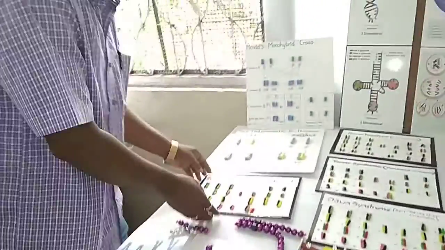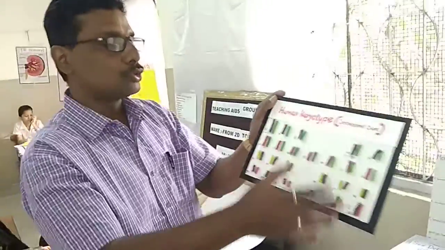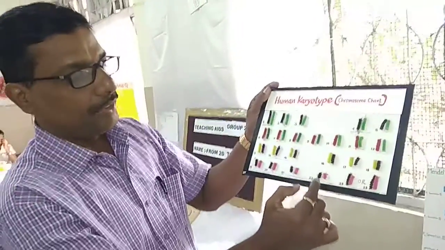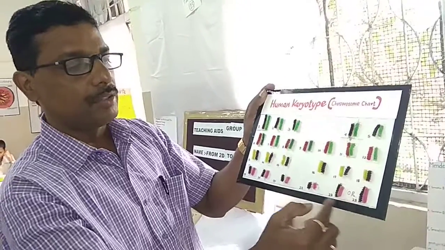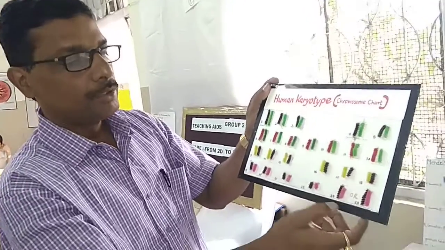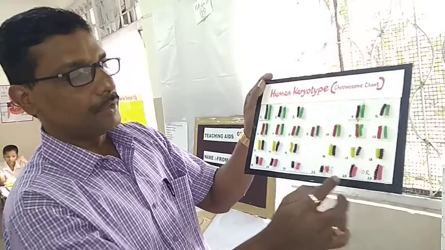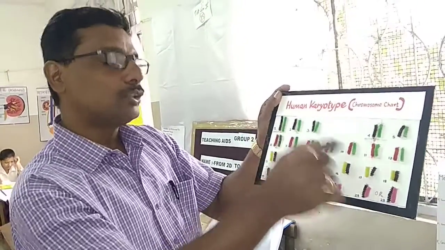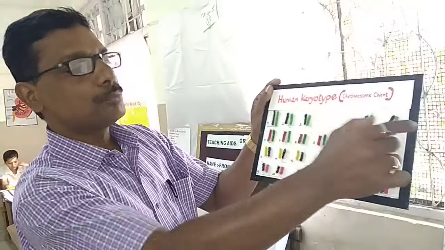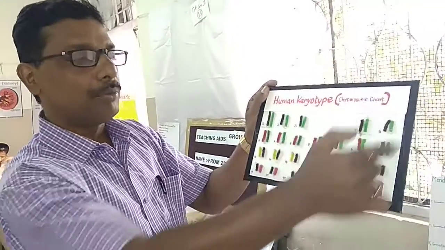Now, if the chromosomes are there, then we find out what different types of chromosomes there are. In the 9th standard itself, in the male, there are 22 pairs of somatic chromosomes, and the 23rd is a pair which is for gender determination. So look at this 23rd pair. Here I use pipe cleaners to show the chromosomes, and you can see the sizes of the chromosomes are not equal, but they are found in pairs.